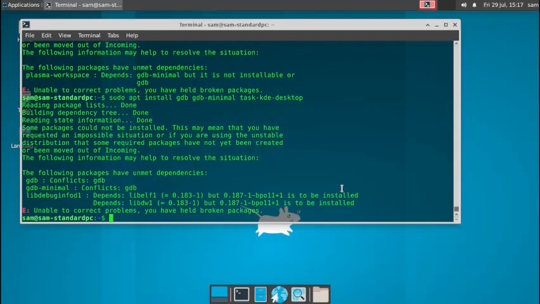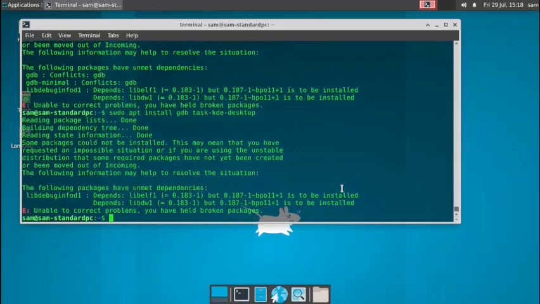Okay, so there are dependencies, you can see the tree is there. So the gdb-minimal now conflicts with gdb. So what we can do is let us remove the gdb-minimal and then we can give a try. Let us see what happens. So now you can see here